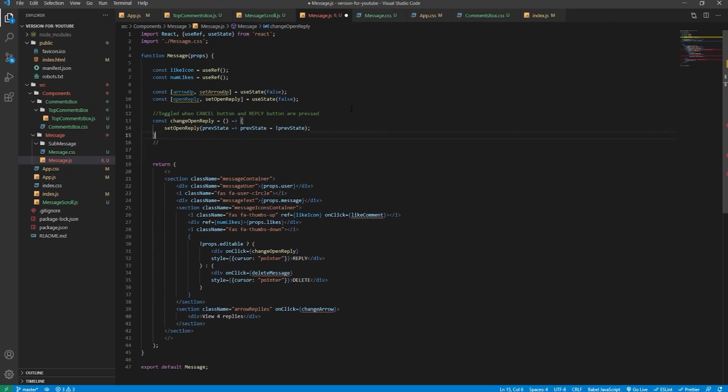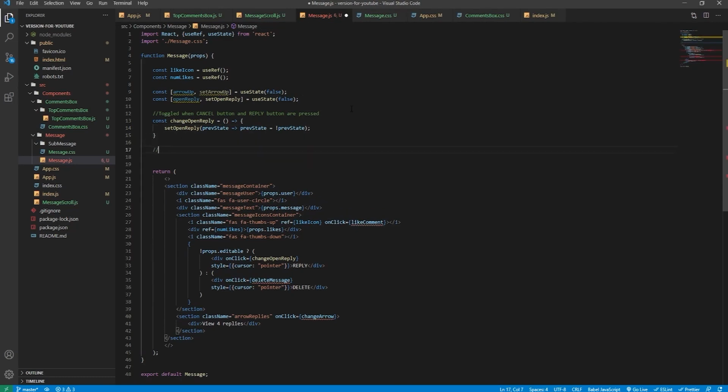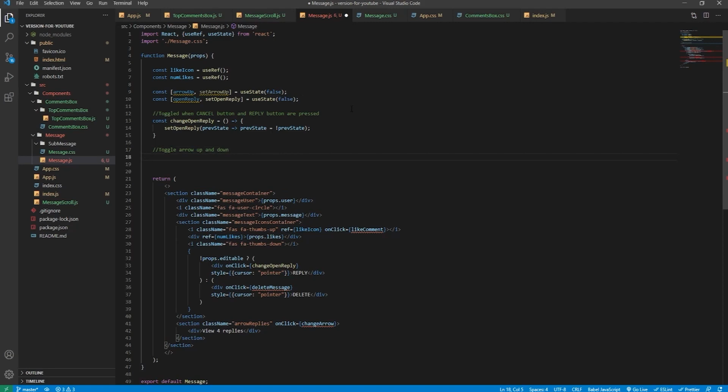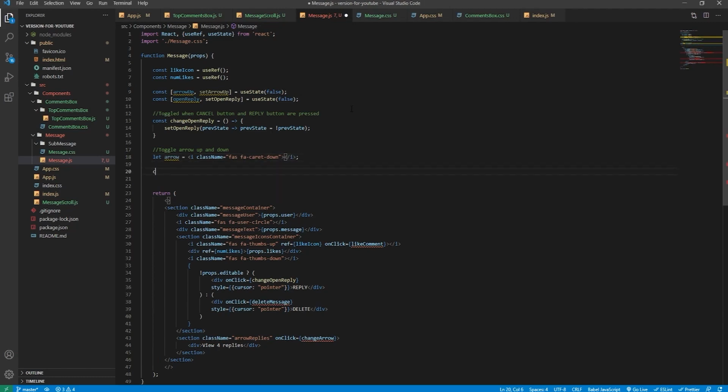Below that, we will finally create the arrow element, which will be a font awesome icon. We'll just create a comment, so we know what we're doing. Up and down, toggle arrow up and down. Say let arrow equals font awesome icon, as I said before. Class name font awesome fa caret down as its class name, because by default it will currently be pointing down. But the event handler will be const change arrow,